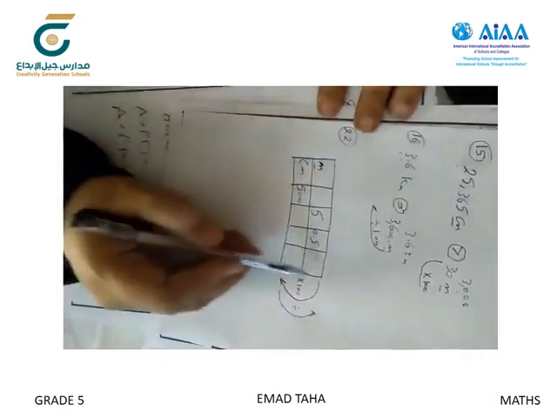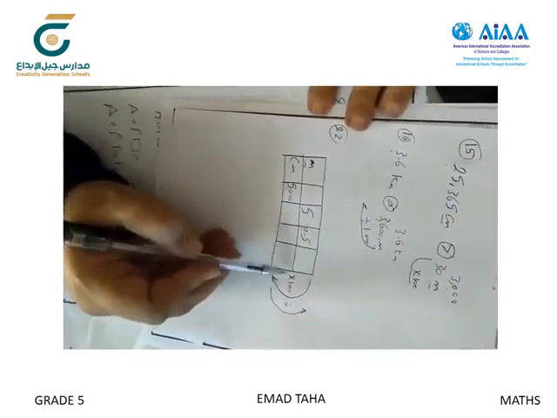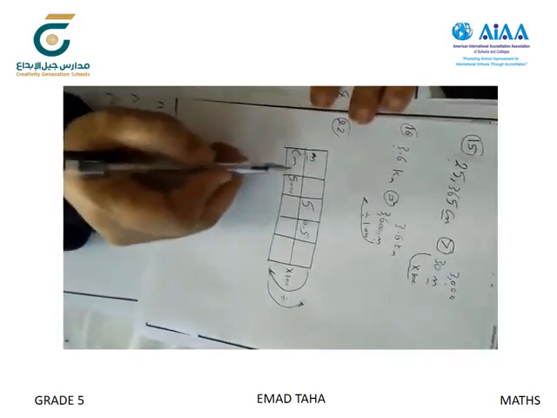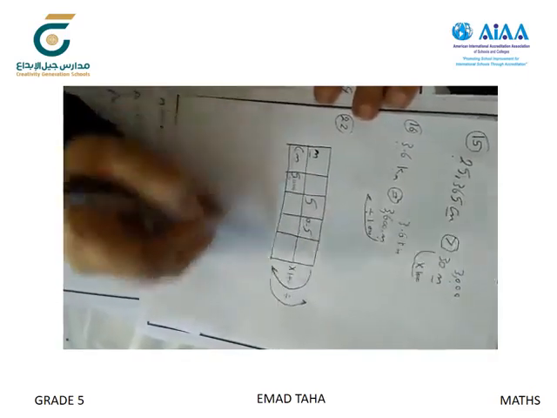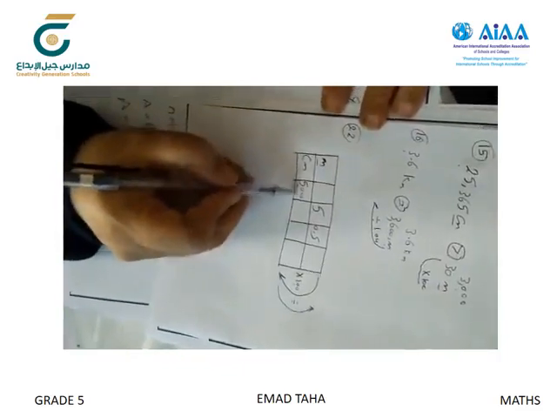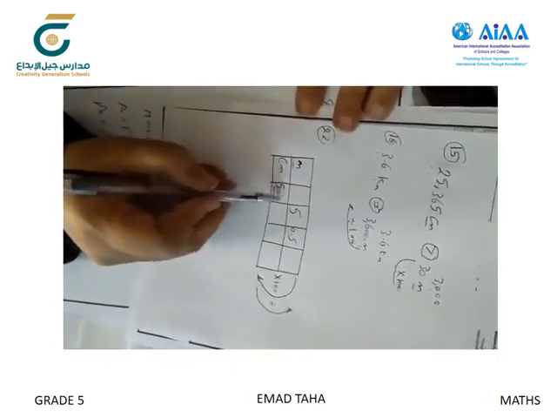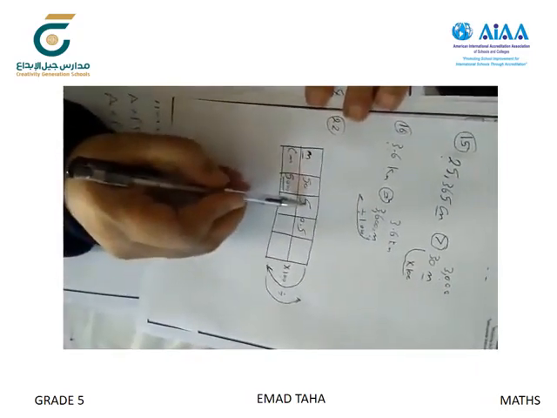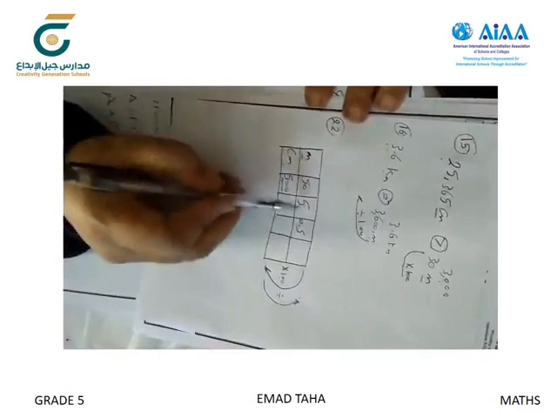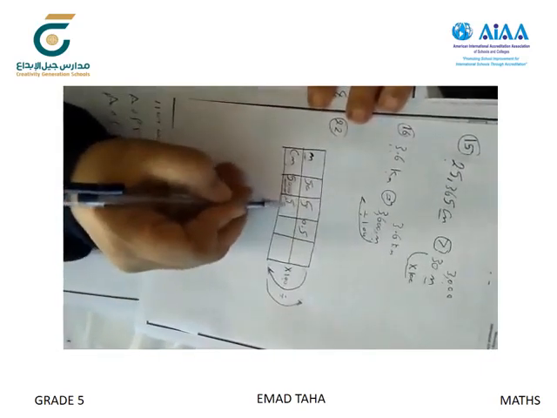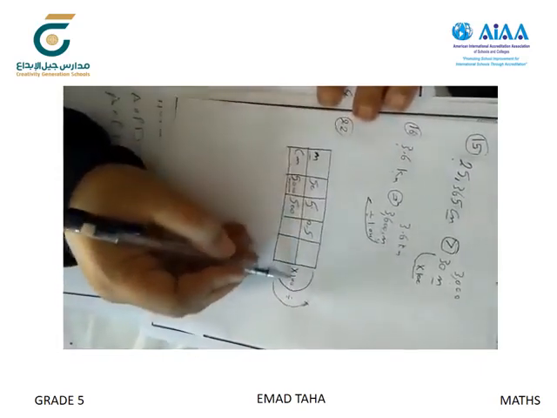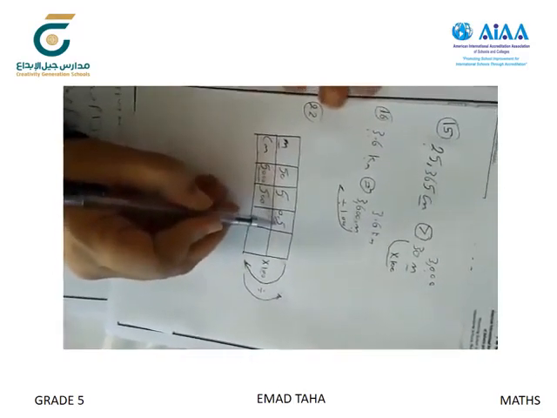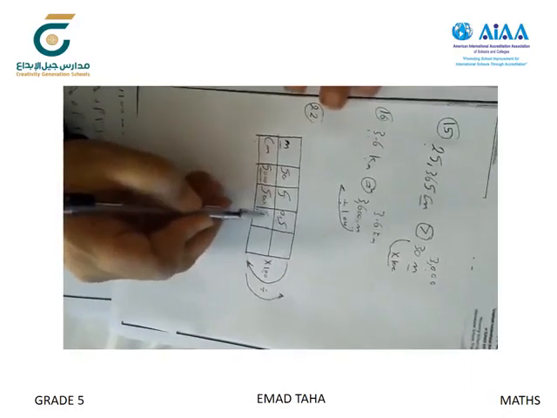To convert from meter to centimeter, from greater to smaller, we multiply by 100, and from centimeter to meter, divide by 100. Now we want to convert the centimeter to meter, so we divide by 100. When we divide 5,000 by 100, remove 2 zeros, it will be 50. And when we convert 5 meters to centimeters, multiply by 100. 5 times 100 is 500. And 0.5 times 100, we move the decimal toward the right 2 places. This is 1 place, then put 0, it will be 50.